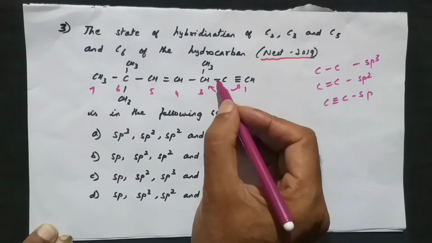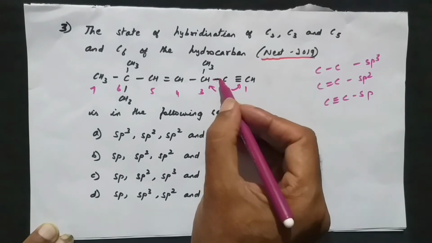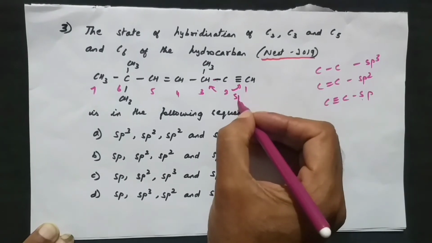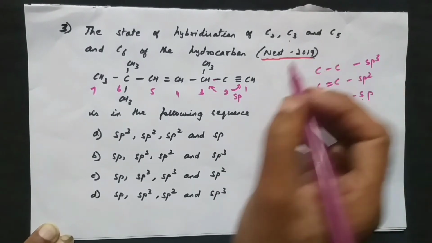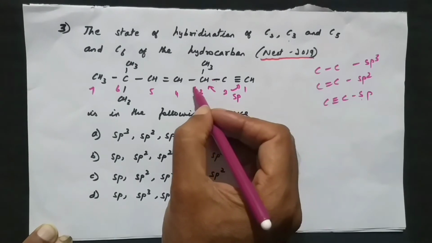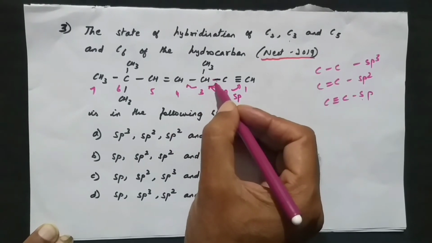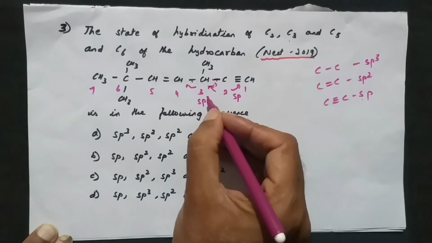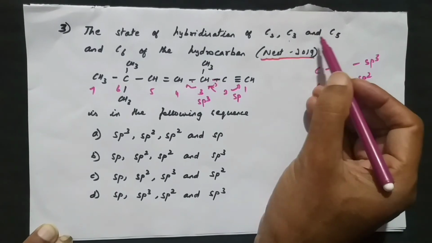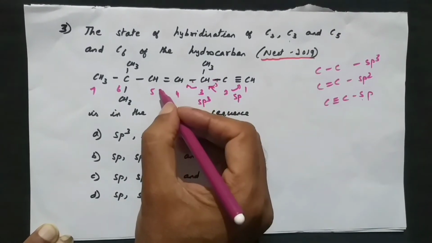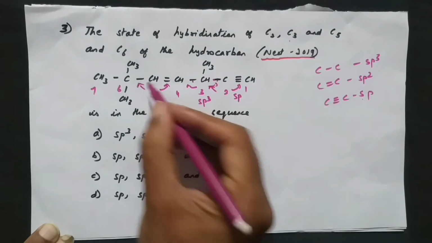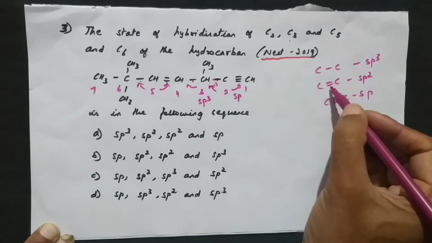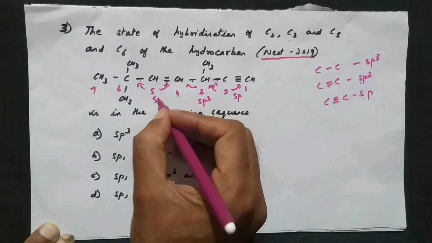Even though a single bond is here, a triple bond is there, you have to go for the higher bonds. So triple bond is sp here. So this will be sp. And they're asking C3. When they ask for C3, you have to check with C4 as well as C2. So here also single bond, here also single bond. So C3 will be sp cube because of the single bond. Then they're asking C5. So 5 means you have to check with the 4 and the 6. Here I've got a double bond, here I've got a single bond. So double bond will be sp square. So I will write sp square here.